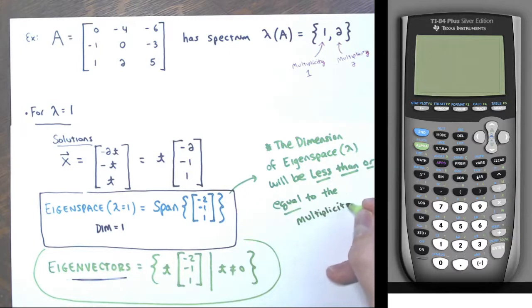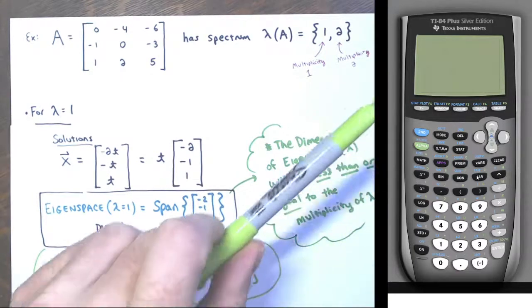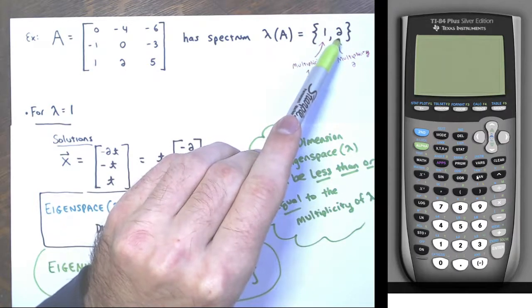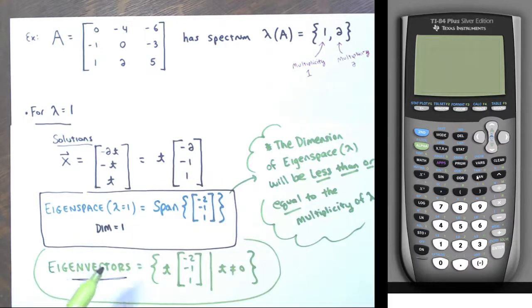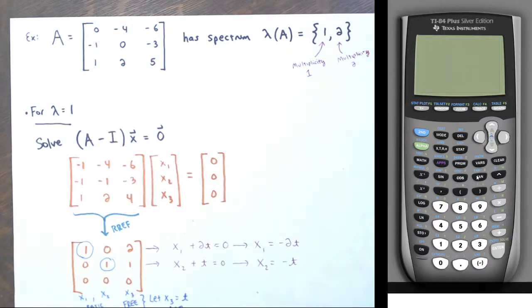So when I go and find the eigenvectors corresponding to 2, and I told you it has a multiplicity of 2, the dimension of the eigenspace is either going to be 2 or 1. It's going to be 2 or less. So let's see what happens. All right, so for lambda equals 2,